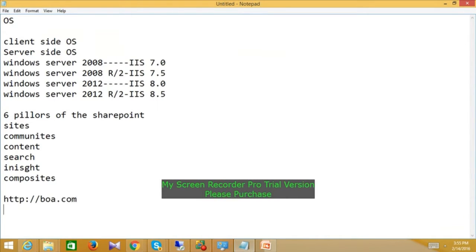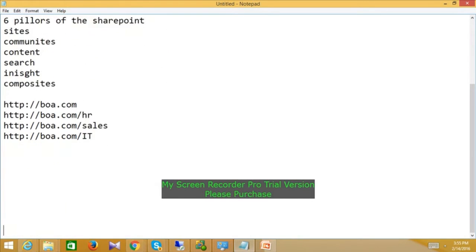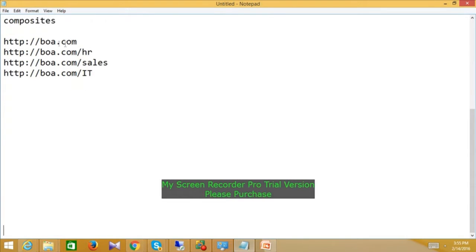How can sales people access the site? bankofamerica.com/sales. How can IT people access this site? bankofamerica.com/IT. Clear? So what is this? Site collections. HR, sales, IT, these are site collections.